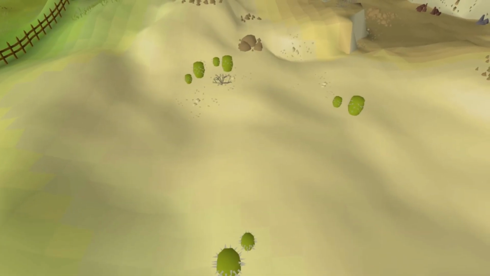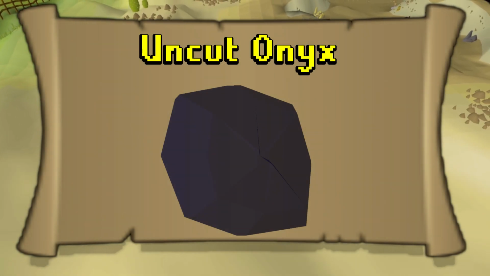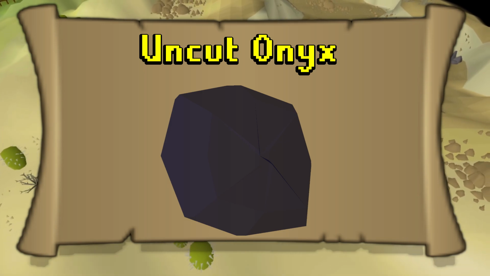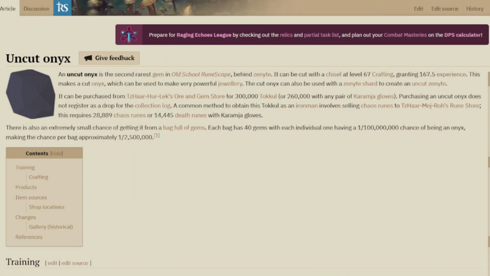Maybe one of the rarest drops in the entire game revolves around this dark little gem, known as the Uncut Onyx. Now, some veterans of this game may already know where I'm going with this, but the Uncut Onyx on its surface doesn't seem that crazy rare. Hell, the first line on the old school wiki page says that this is the second rarest gem, just behind